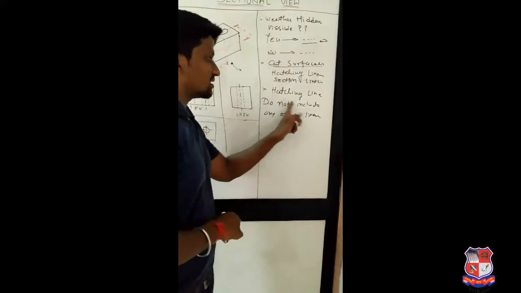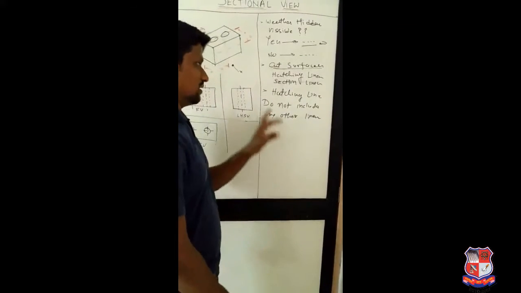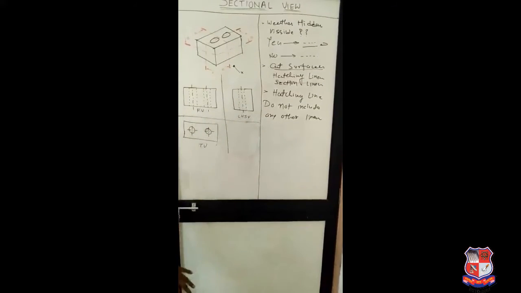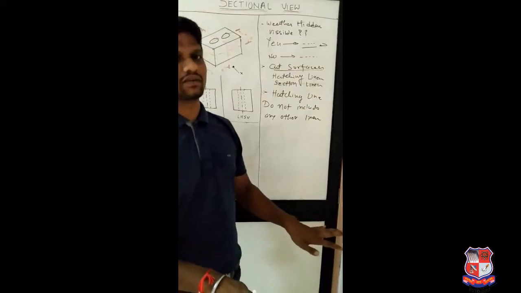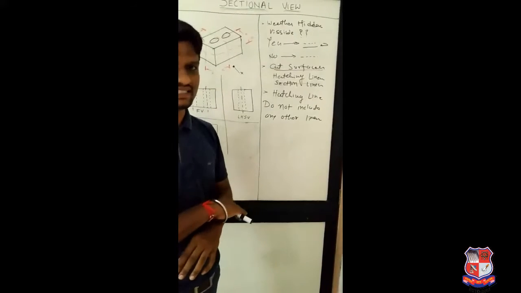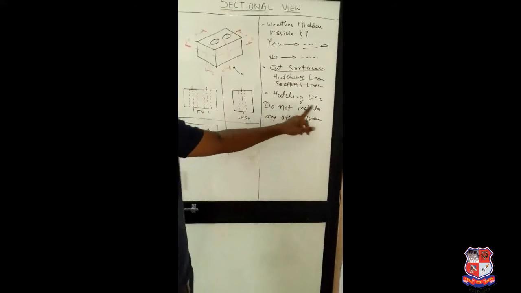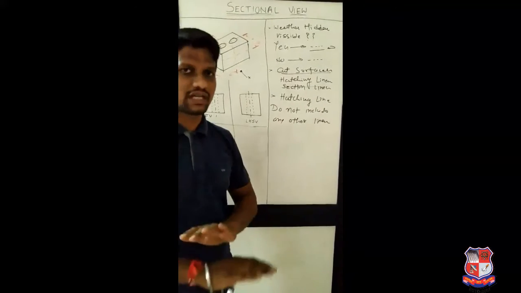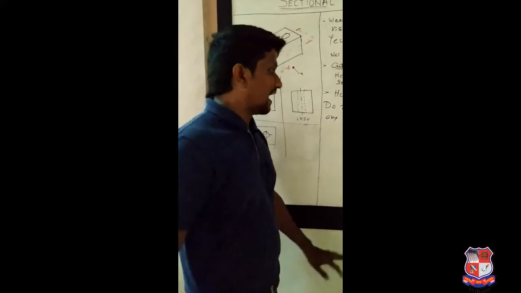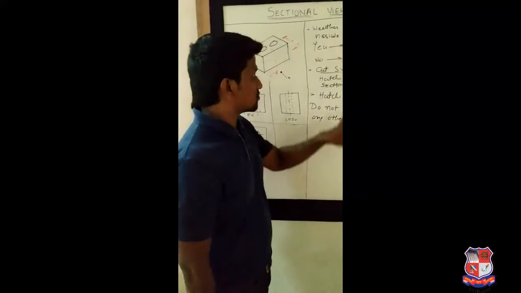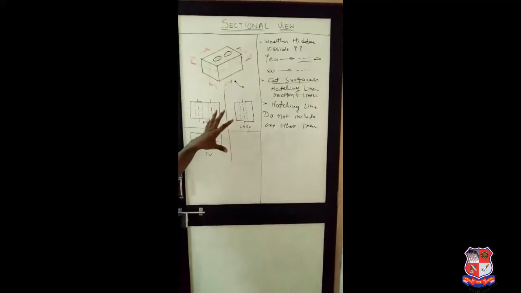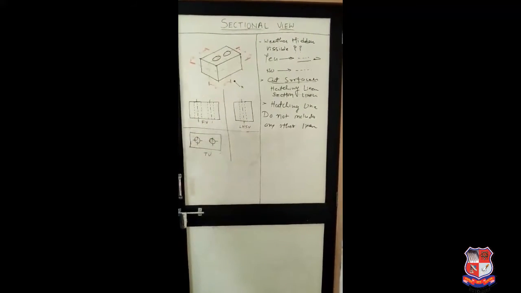Okay, rule number 3, change number 3. If the cut surfaces are containing any other drawing, then first of all remove that drawing before drawing the hatching lines. Why? Because you cannot include any other drawing in the section lines. You cannot include any other drawing in the cutting surfaces, right? So if you make these three changes in the normal view, you can convert the normal view into a sectional view.